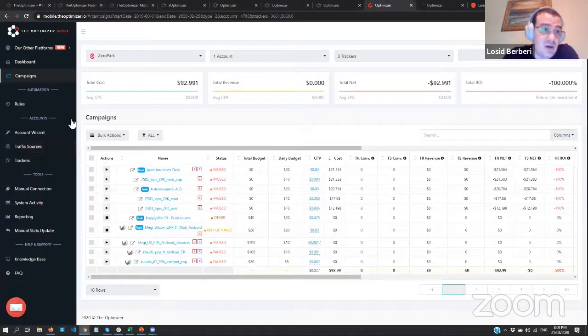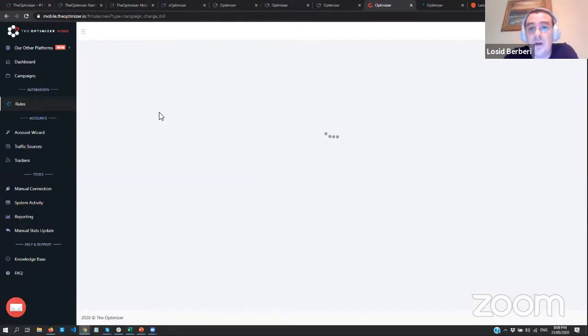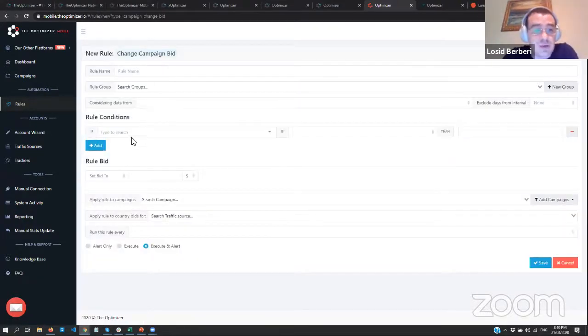And the same can be done with the rules on the optimizer mobile. So let's say you want to change the campaign bid if you're running pop on push or push traffic, so you may want to change the bid to a specific CPM depending on the traffic source. And here the trick is to group the rules based on the pricing model of the traffic source. So let's say your traffic source charges for cost per view, or you set the bidding price by cost per view or cost per click,